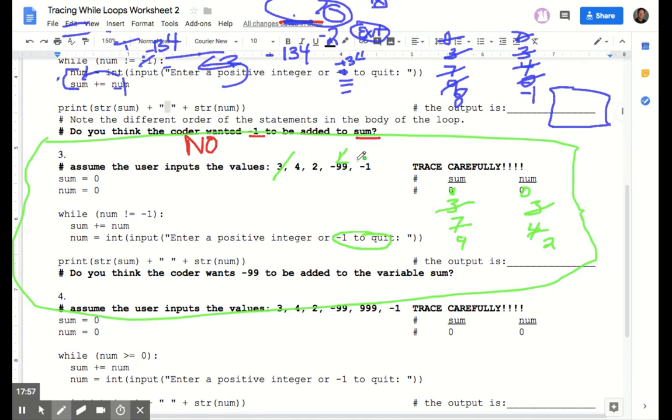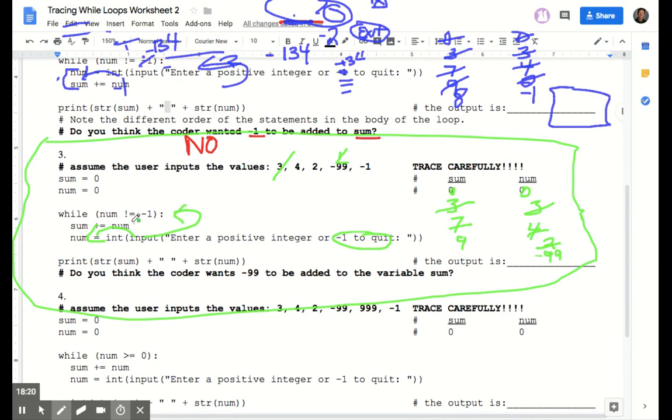Or a hacker injects the -99 on purpose, trying to mess with us. That could happen, actually, some kind of injection attack. Well, -99 does get inputted into num whether we like it or not there. So you should have a -99 under the 2, and then the code loops back up, and we have to